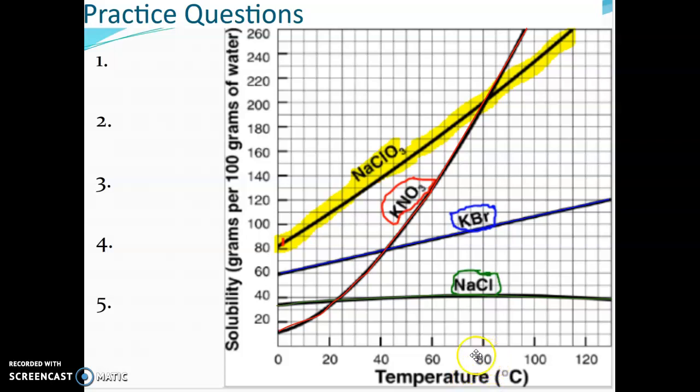I'm going to look at 80 degrees Celsius, and travel up this line until I hit 2 solubility lines at once. Boom, right here. I'm hitting both the red line and the yellow line at one spot at 80 degrees Celsius. So for number 1, my answer is